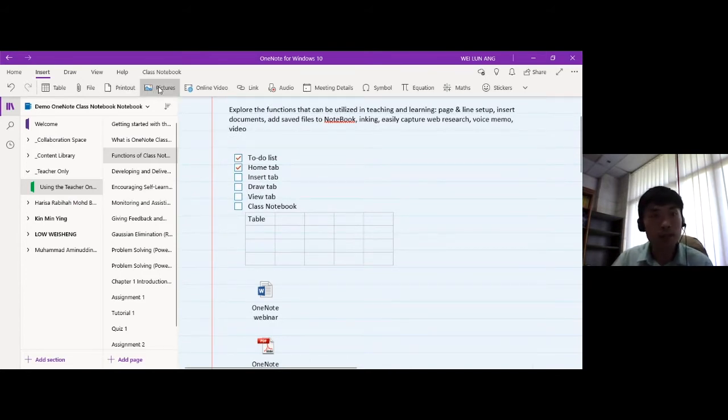And of course, you can insert pictures. Now, one student feedback to me is that they say this feature is very useful because if they have an assignment where they solve it using manual calculation, what they need to do is just insert picture from camera. They just need to use their phone and take the pictures, and the solution will automatically appear in the page here.